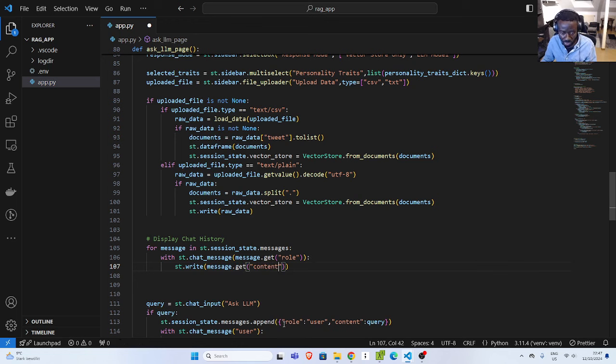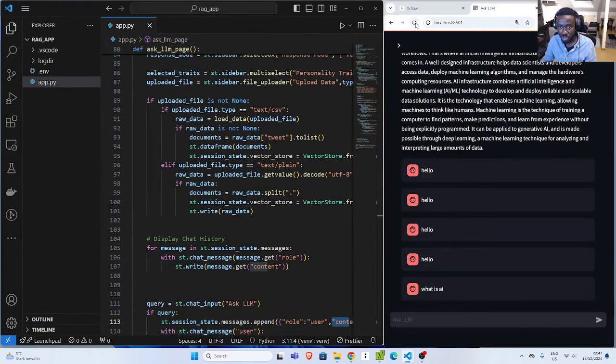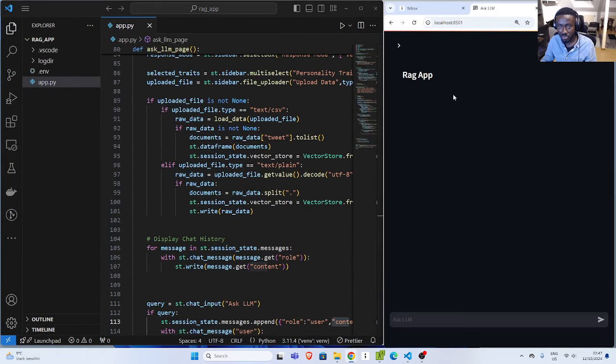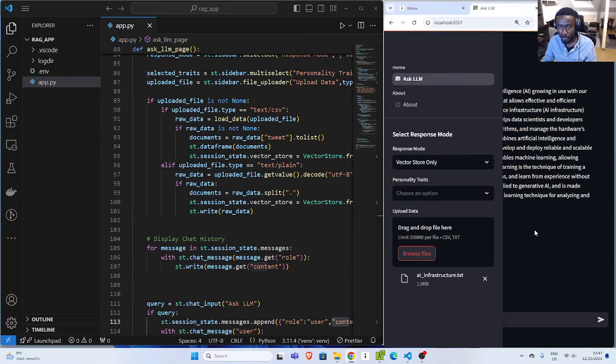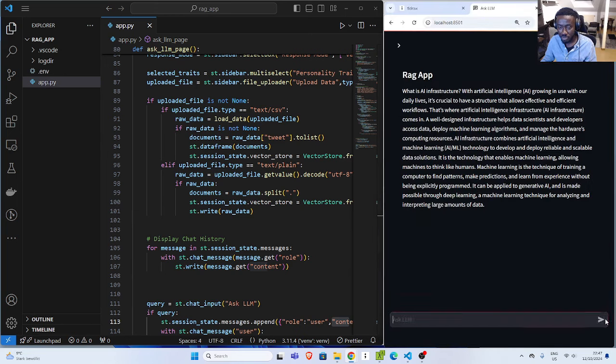So we are returning this and returning this, right? So if I go back to the application, if I refresh, now you see whatever message that was sent. So if I go with hello, it works. Remember that there is no data yet, so I have to upload some data. And if I return it,